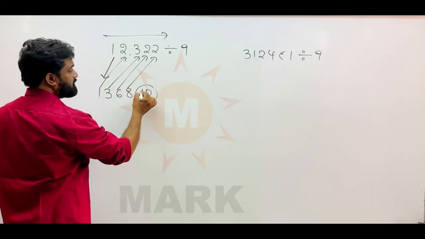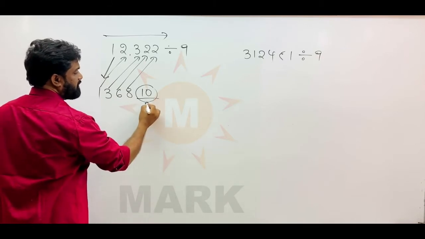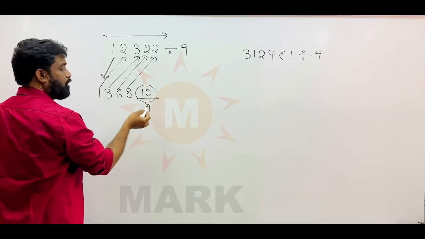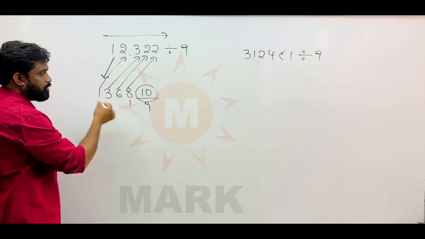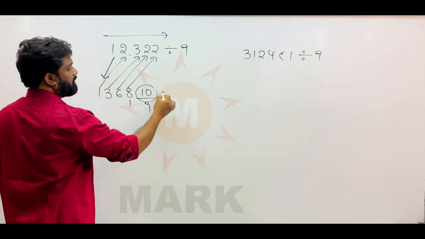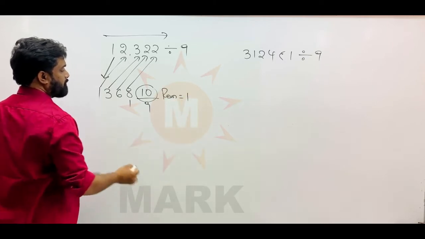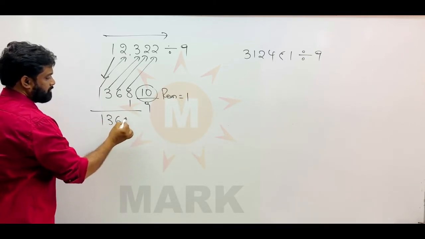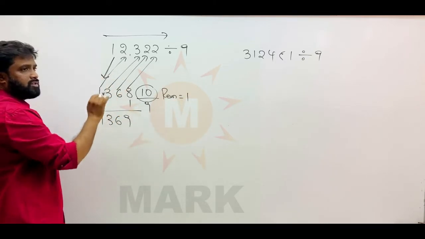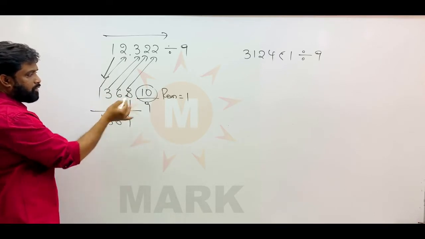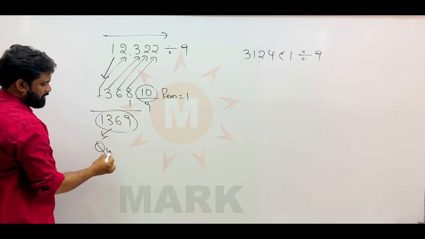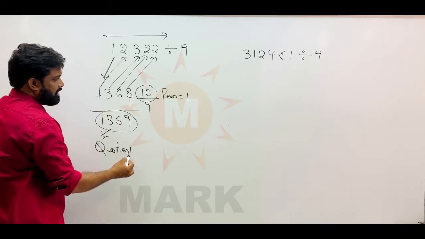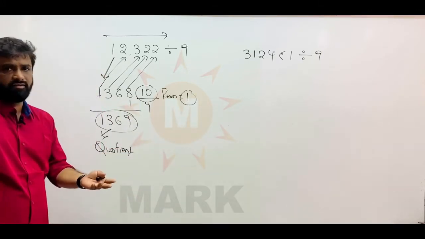Since 10 is more than 9, divide once again. 9 goes into 10 one time. That quotient comes here, because this is the quotient part, and the remainder will be 1. I am adding it to the quotient because 9 goes in one more time, so it adds to the quotient part. So the final quotient is 1369 and the remainder is 1. You can check on the calculator if you want.